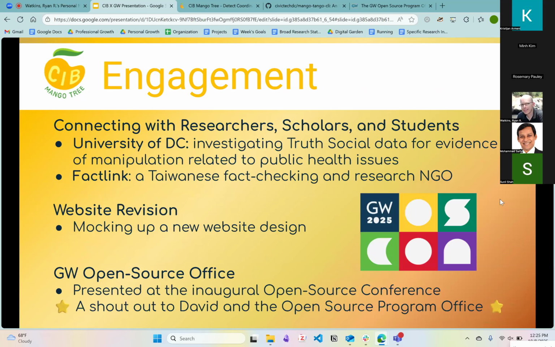Yes, and speaking of some engagement things, I think a lot of people mentioned that our tool has a more limited use case for now, but we definitely want to expand that, so we are very proactively trying to connect with different researchers, scholars, and students, like what we do today, to get more users.